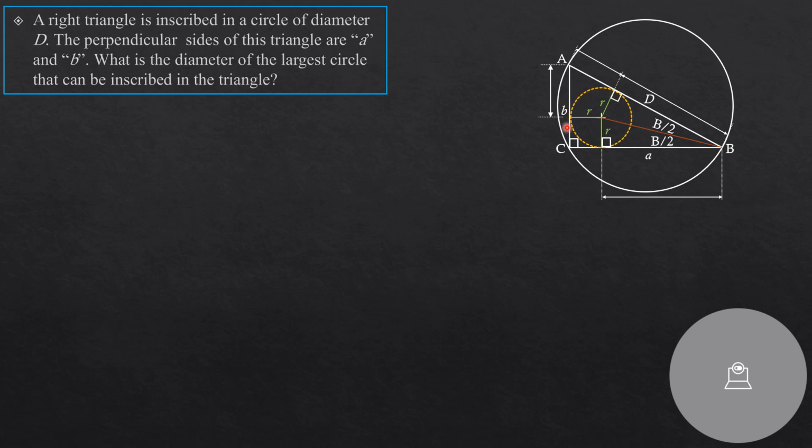Take note that because this is an incircle, the center is here. We call this the incenter, and the circle is this one, the incircle, which is inscribed in this triangle. And if you know from trigonometry or from plane geometry, the line segment joining the vertex to the center will bisect the vertex angle. So that's why we have b over 2, b over 2 here. Likewise, if you draw a line from vertex A to that center there, angle A will also be bisected.